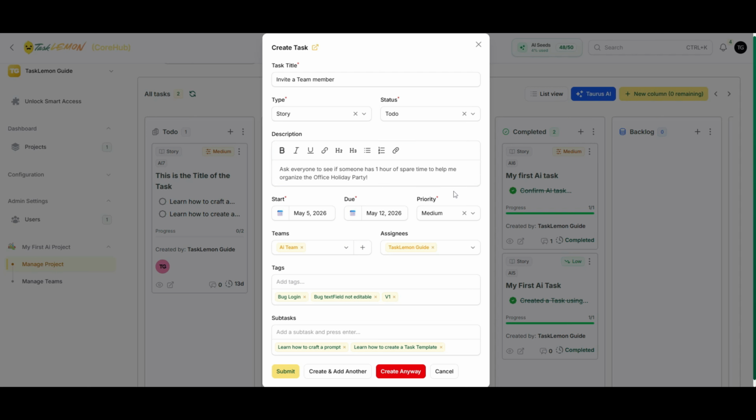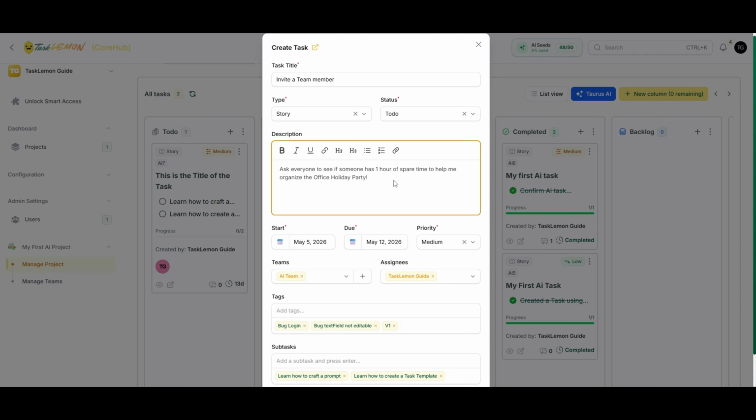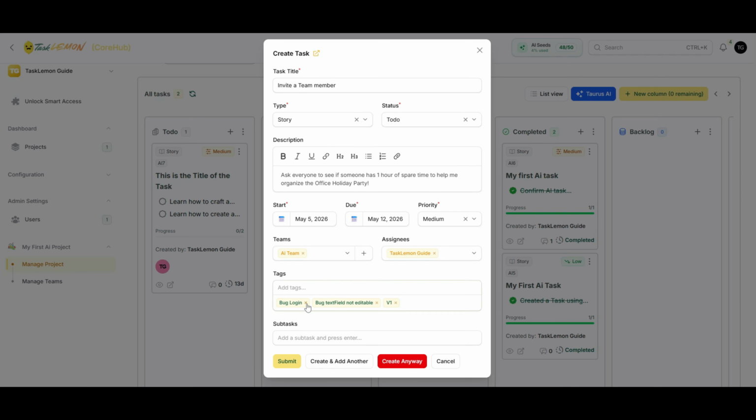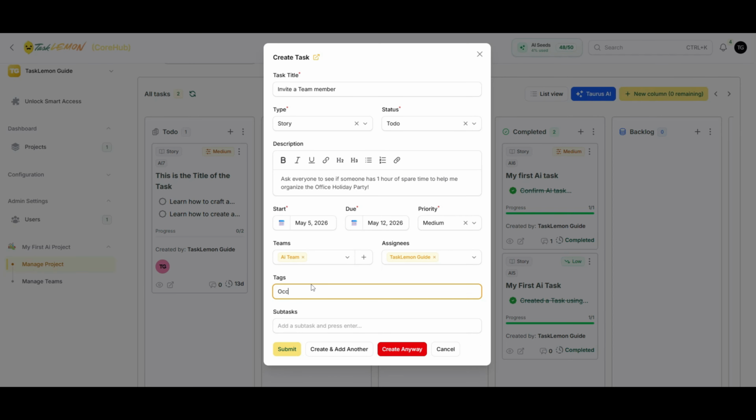As you can see, I did not pre-create or prepare for this. We're just going along because that's how easy it is to create a task. You do not have to make it super scary. It's just simple. It's very simple, and you don't even need acceptance criteria for it. You don't need to add subtasks. You don't need to add all of these, but if you want, you can say